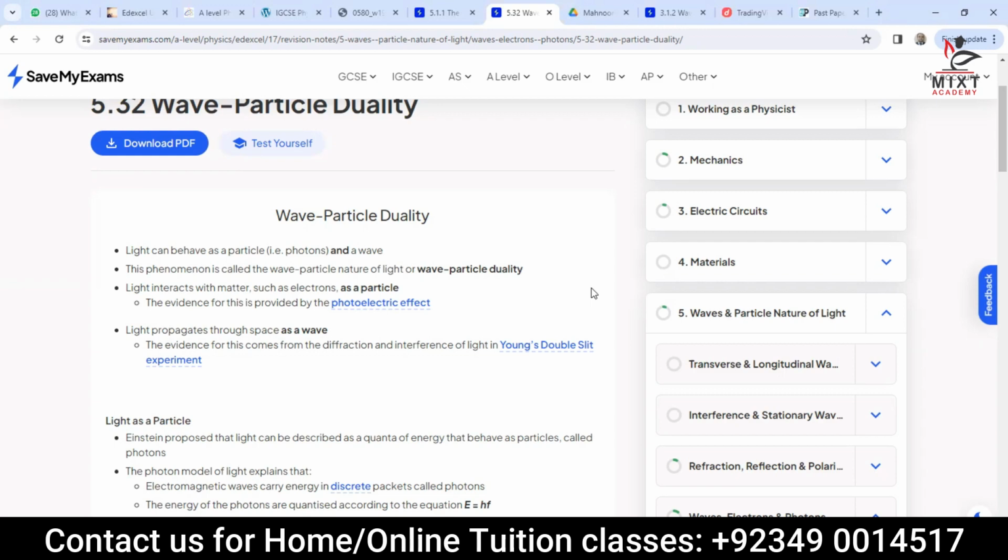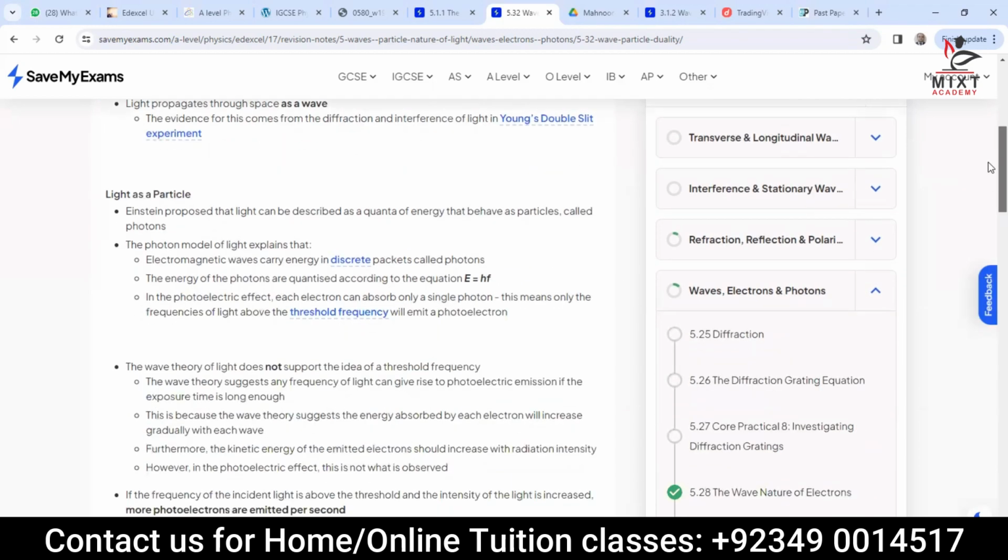When we do the photoelectric effect, you will find that light interacts with matter such as electrons as a particle rather than a wave. Previously, we went through the Young double slit experiment, which shows that light is a wave in nature. Now, there are a few very important things here. Light as a particle: Einstein said that light can be described as quanta of energy that behave as particles,